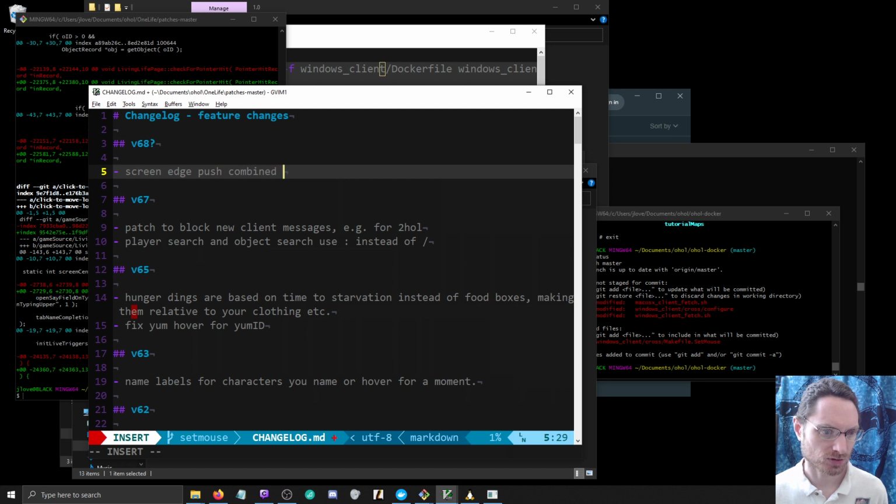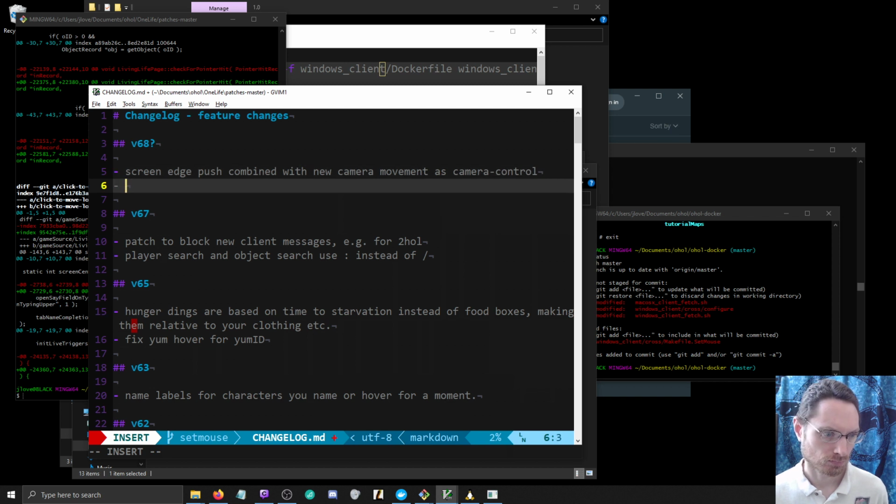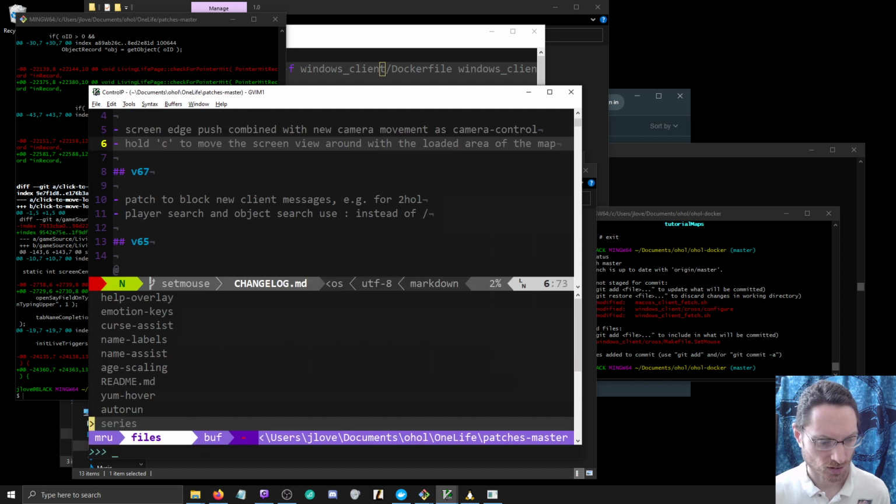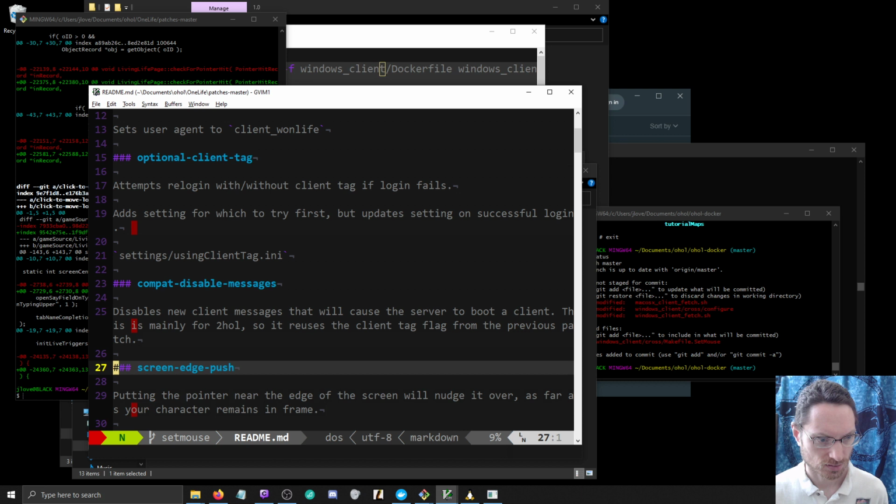Edge push combined with... so that's that. The README screen edge push